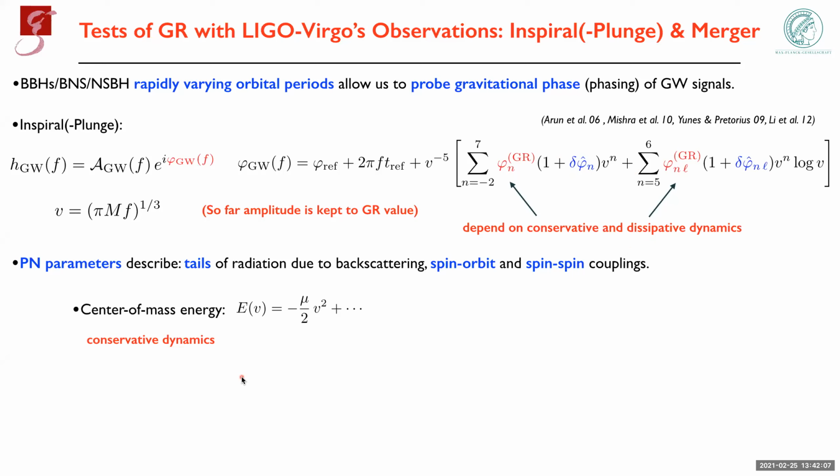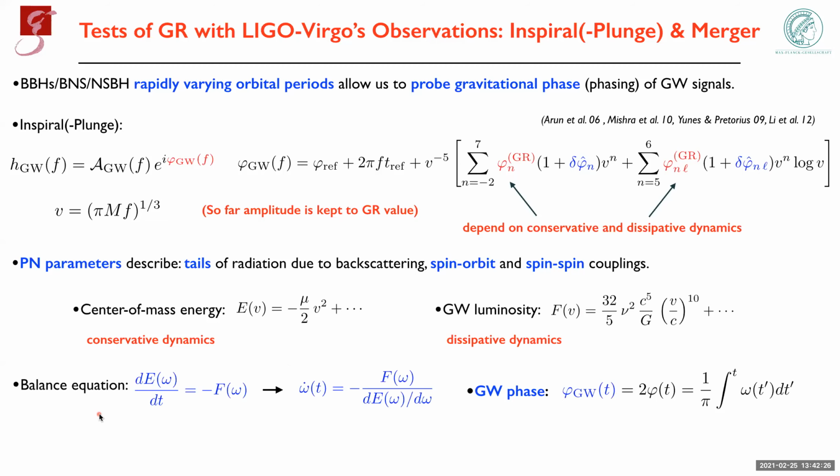Why? Because of how this phase is computed. It's computed by starting from the binding energy, which is computed in post-Newtonian theory, solving the Einstein equations, and the luminosity at infinity, given at leading order by the quadrupole formula. And then we use the balance equation that relates the energy loss to the luminosity at infinity to basically extract the phase, I mean the orbital phase, this is the first derivative of the orbital phase, and by integrating, we get